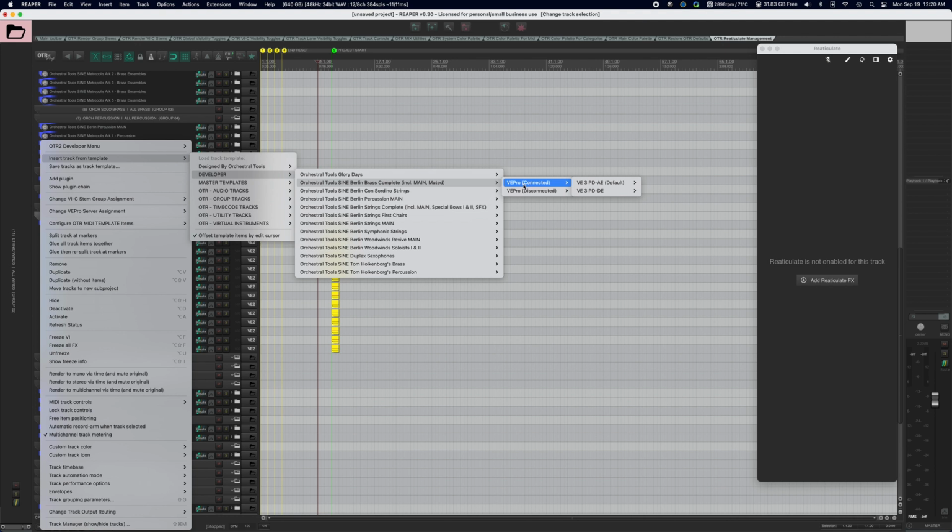And so each of these are being assigned. So for example, Berlin Brass, I've got set up on VE3, and that seems to be working really great right now. And then once I lock all this down, I'm going to slide them over into my master templates. So they are all part of my master template today. They just are currently going through a performance decision on which server is best for each of these and how to divide it up with all my other libraries that I have. So that being said, you can see that I've got in all of these, the percussion VE4, active enabled,